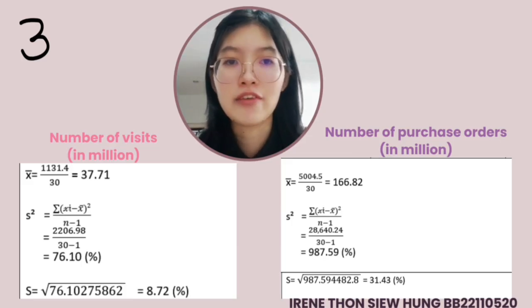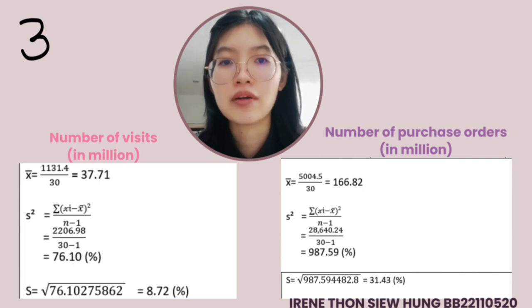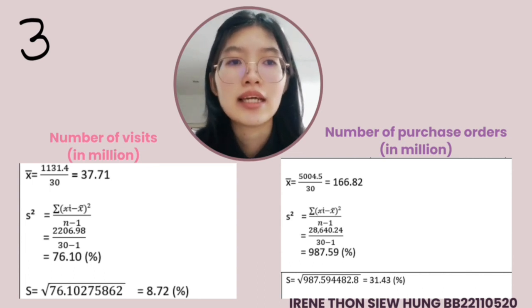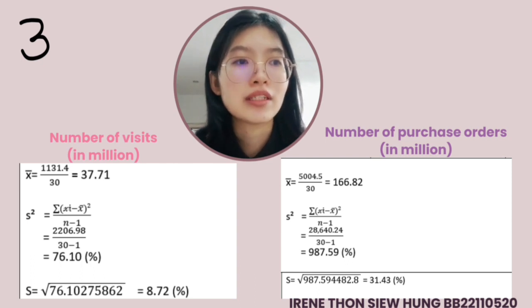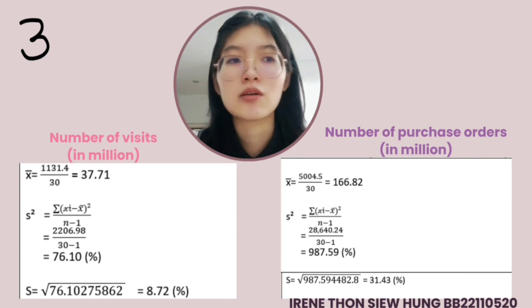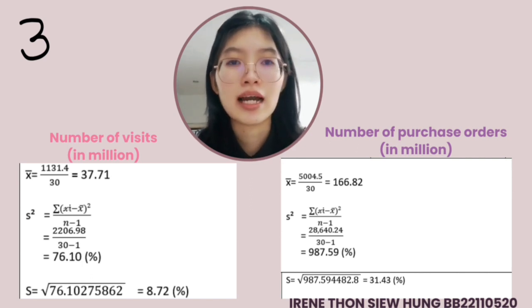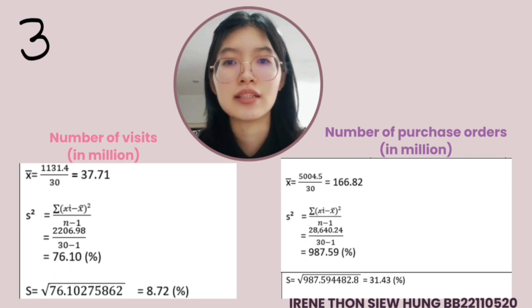The next one is about variance and standard deviation. The formula to calculate variance is the sum of the squared deviations divided by the number of values, which is n minus 1. The formula to calculate the standard deviation is the square root of the variance. From the slide, the standard deviation for number of visits is 0.72%. However, the standard deviation for number of purchase orders is 31.43%. We can conclude that the number of purchase orders is higher than the number of visits in variance and